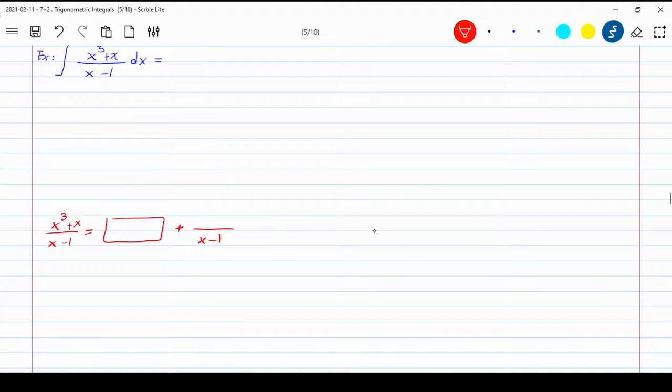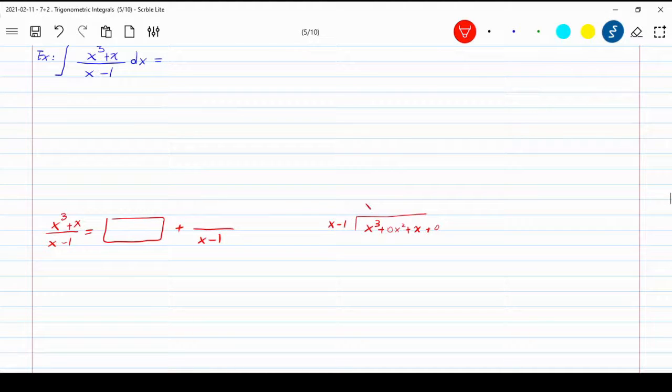So how do you find that? Through long division. We write x cubed plus 0x squared plus x plus 0 as the constant. The denominator is x minus 1. And if we divide,